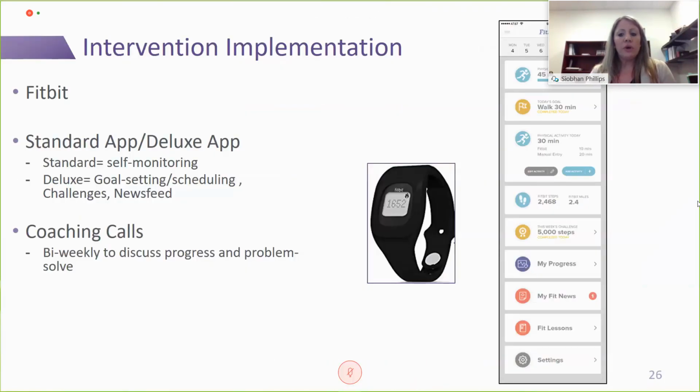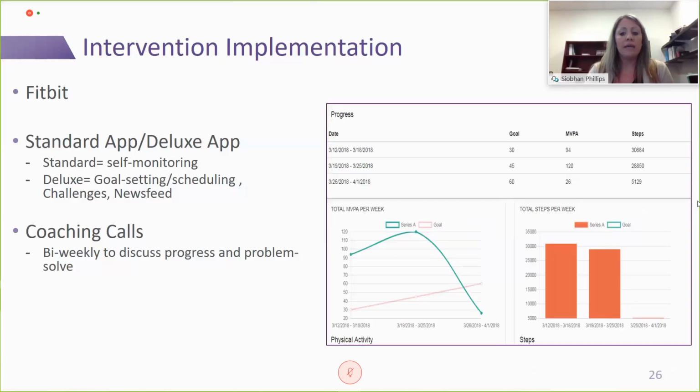And so I'm going to briefly go over how each component's implemented, since we never actually see these people. So we mailed all participants the Fitbit with instructions for downloading the Fitbit app and instructions for downloading the Fit2Thrive app, which they can do through the App Store and using a QR code that we provide them. And they are automatically, when they scan that code, given either the standard app or the deluxe app, depending on which condition they are assigned to. And like I said, the standard app is really self-monitoring, where this deluxe app has some additional features that may help facilitate behavior change. And then participants who are assigned to coaching calls are scheduled to receive a biweekly call to discuss their progress and some behavior change